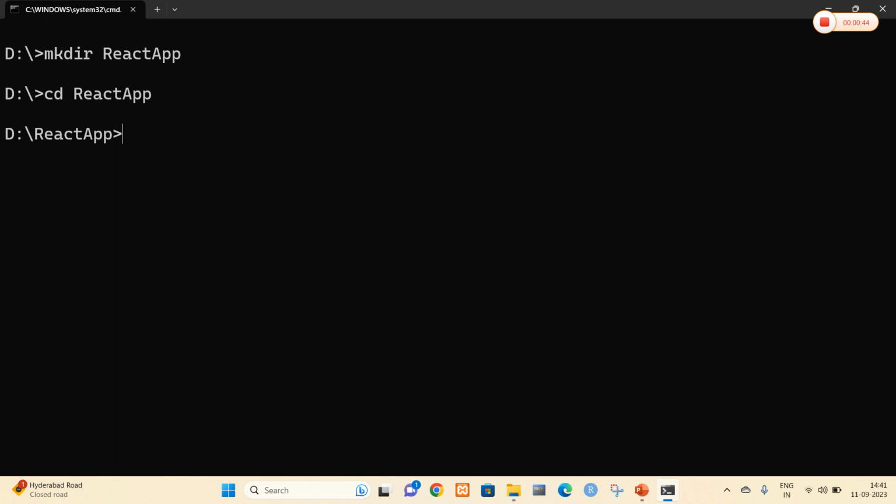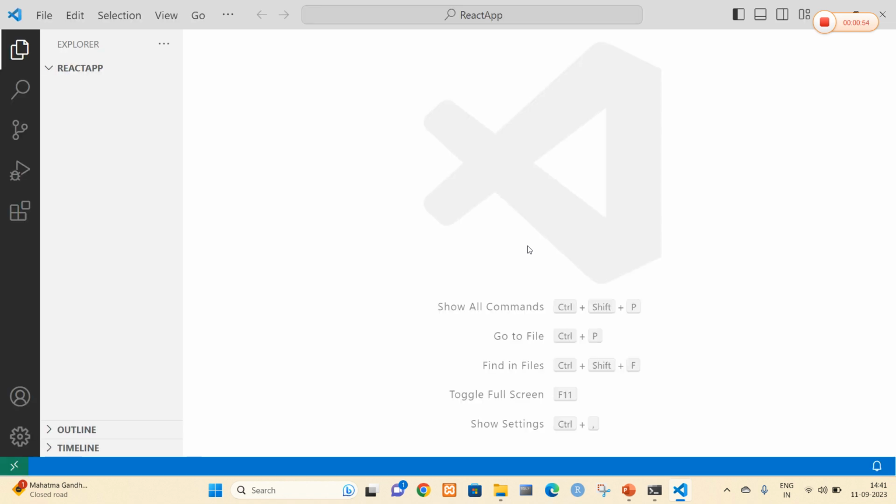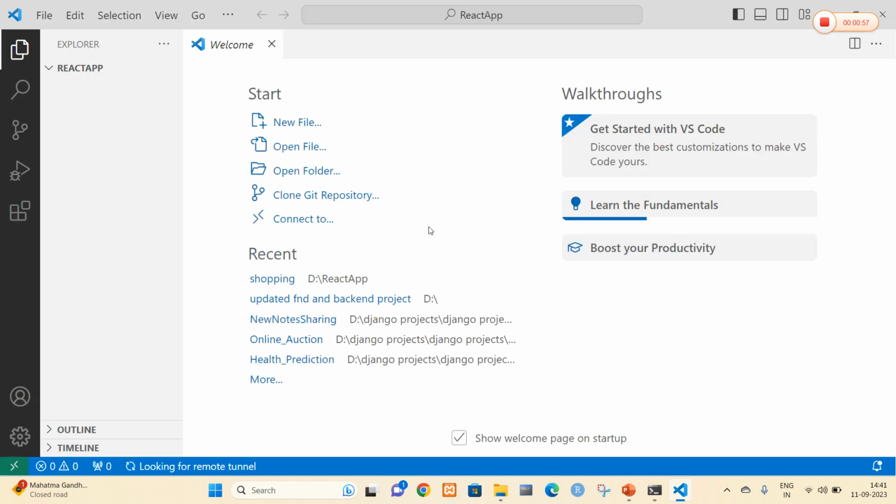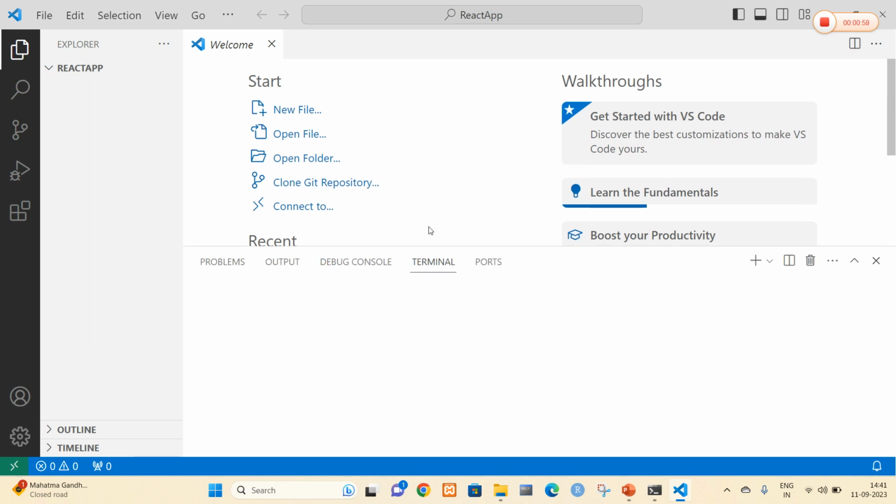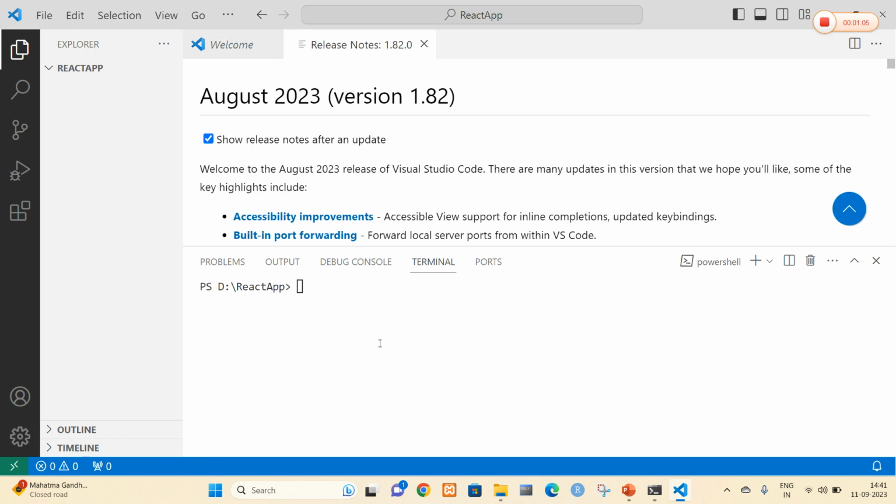Now here I am going to open it in Visual Studio Code, which is a powerful IDE for developing websites in ReactJs. So this is VS Code. In this, I am going to open my terminal. In my terminal, I am going to use a package called Node Package Module, let it be npm